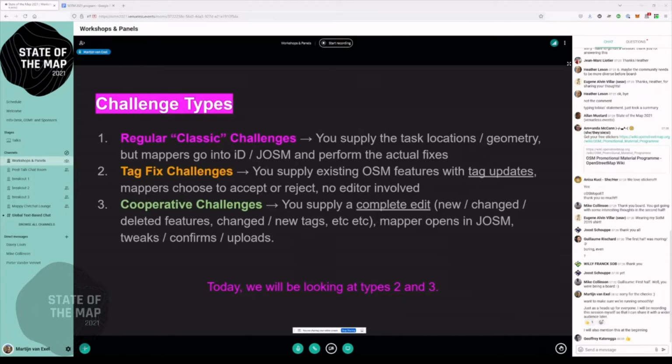You only ask them to do a certain thing, like align this road or improve this coastline at this location, and then mappers basically have to figure out what that means and how to do that in the editor. And that's how MapRoulette started. But gradually we introduced over the past year 2 additional types of challenges, which will be the focus of the